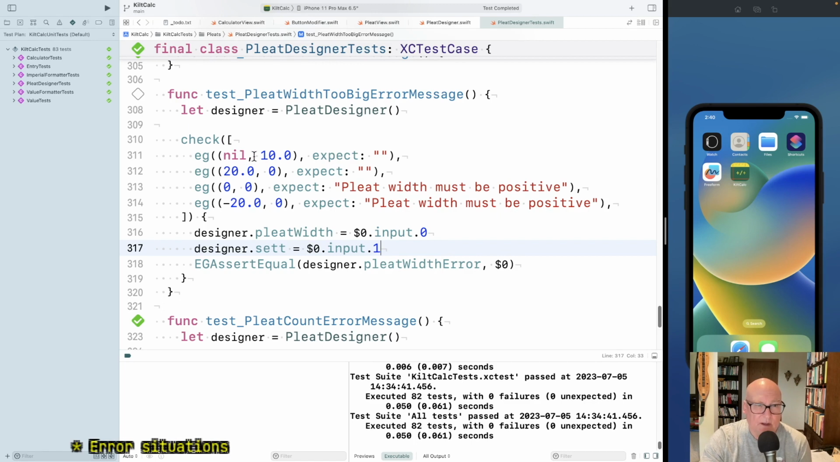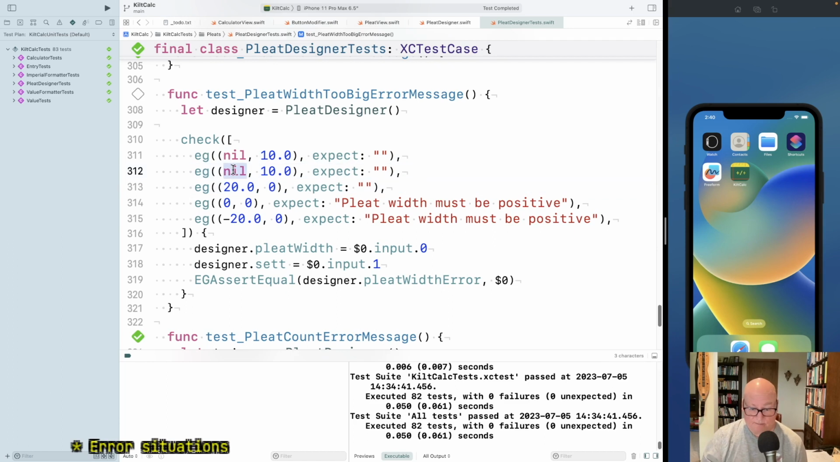Okay, so if it's nil, then it's not too big. It doesn't make any sense. Okay, and then same thing on the other side. If this is a value, well, even 2, and this one's nil, right? So if either one is nil,